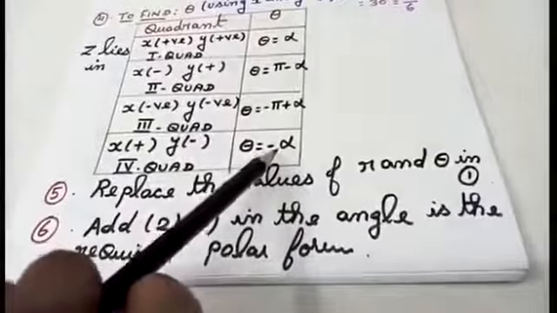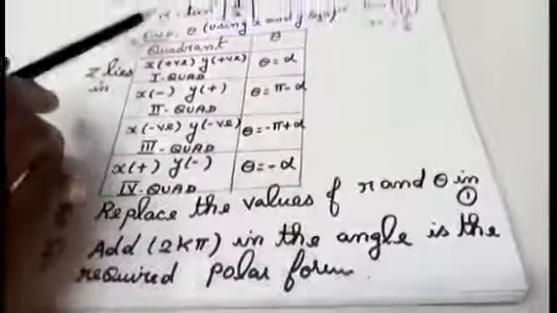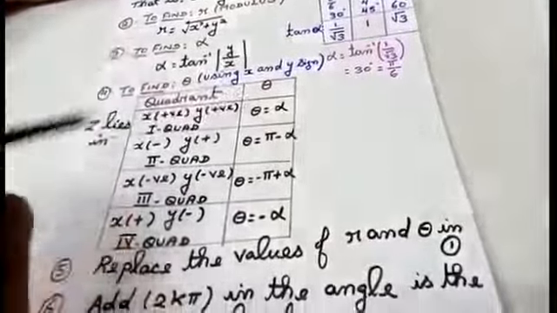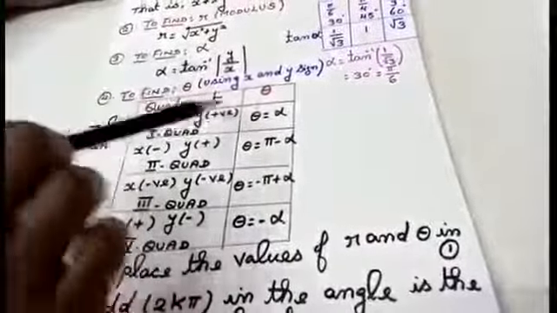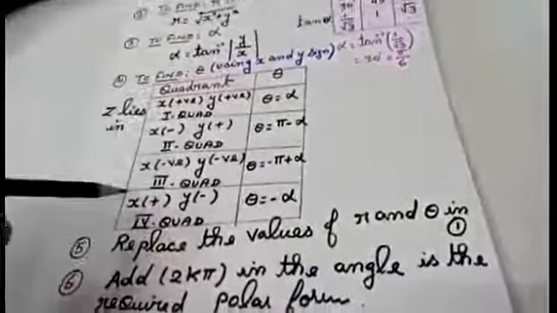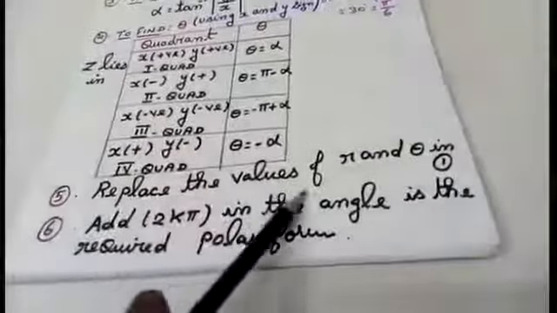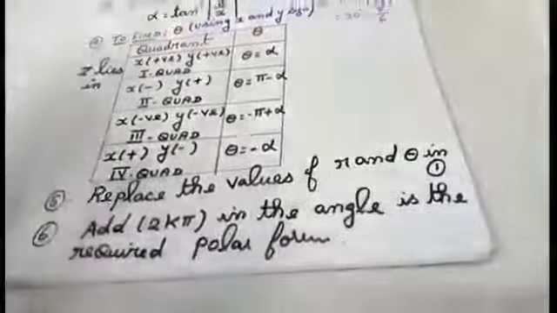So what I am doing in the fourth step is converting this alpha value and substituting it in theta. This is a way of converting alpha into theta, a way to find theta using this concept. Next, what I am going to do is replace the values of r and theta. So what is the thing I told you, students? I am going to find r and theta. In between r and theta, I am finding alpha.